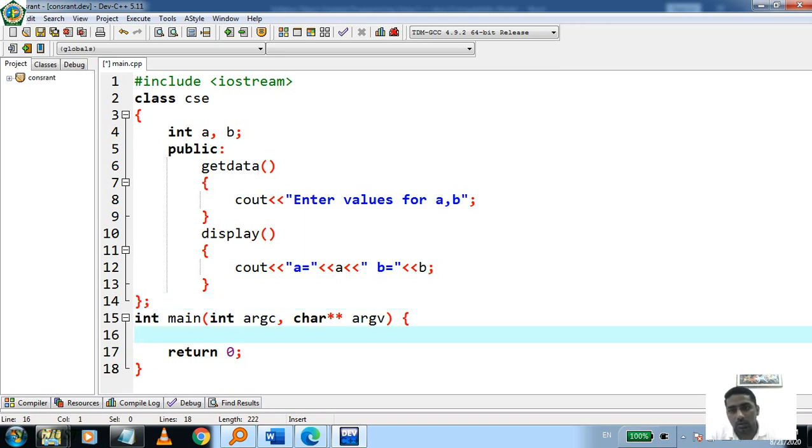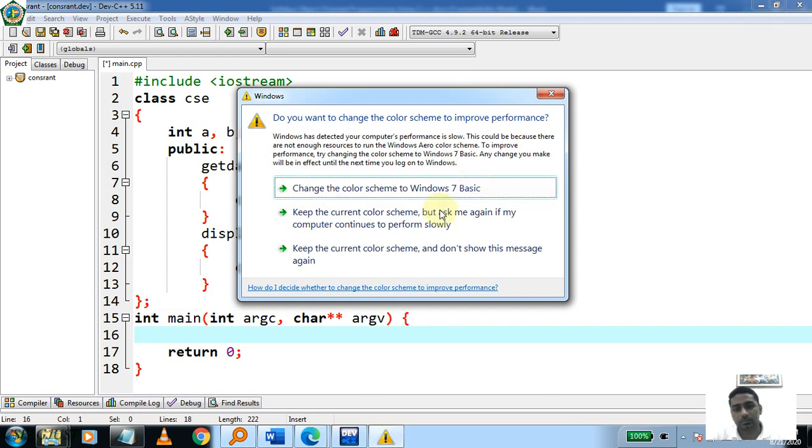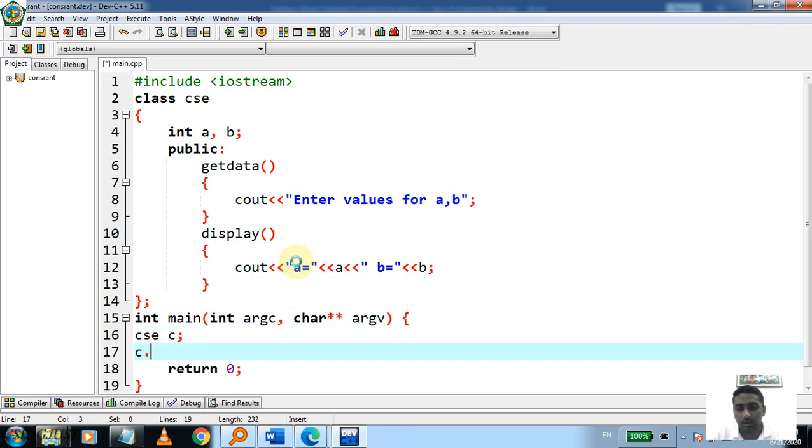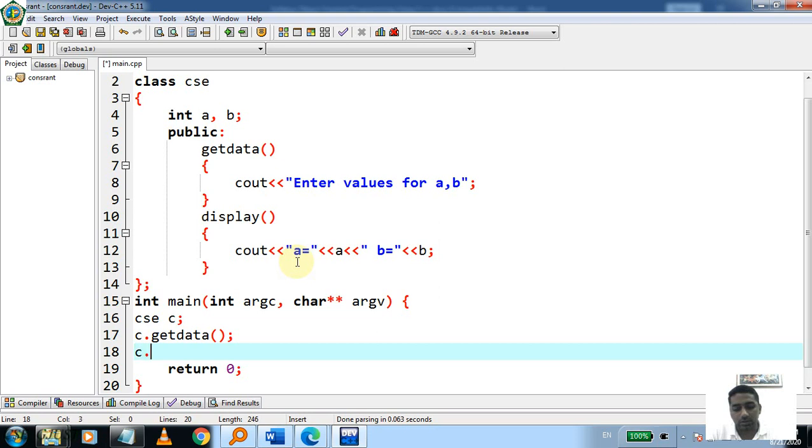Now we are creating an object C for class CSC, and you can call any method. C dot getdata, then C dot display.